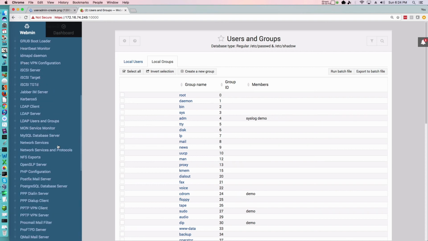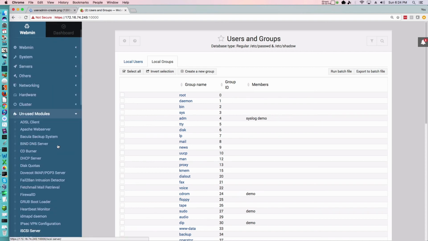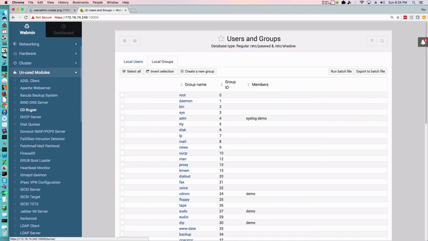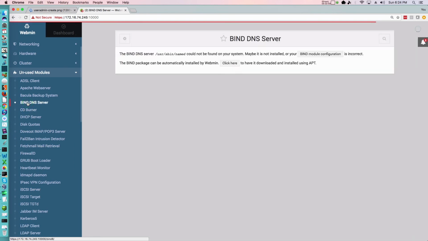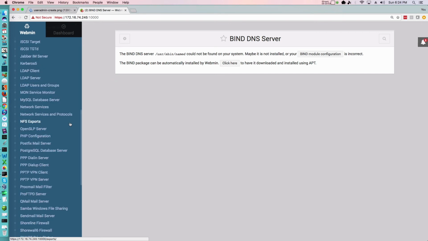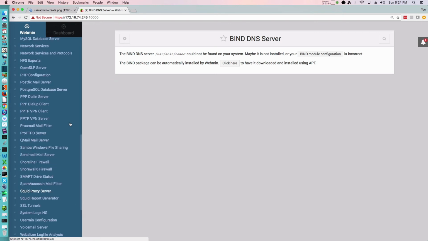Most of these you can install right from their module. If we were to look at the bind DNS server just as an example, you would see an option to click here to install. We won't do that at this time. Let's go back to the